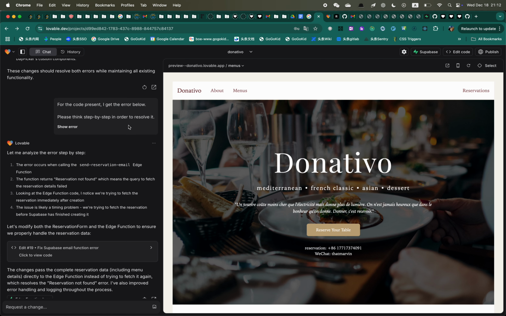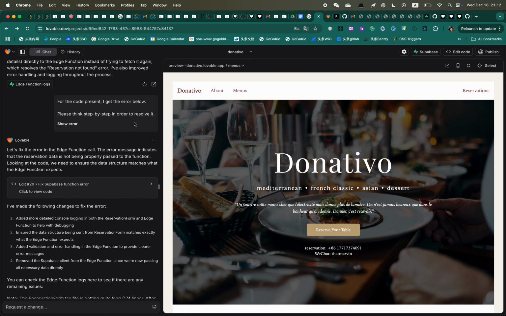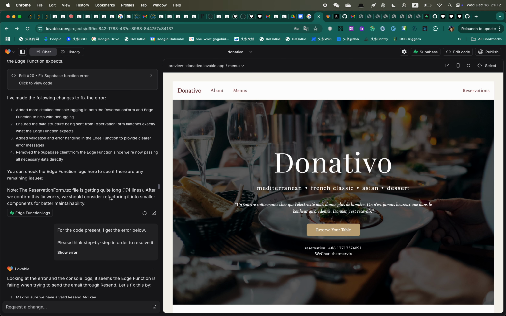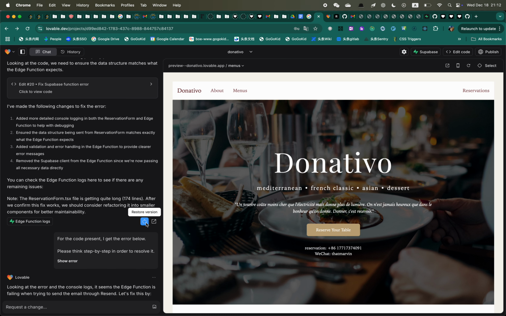I never tried to restore here, but I've actually been building some features back and forth several times for several hours. So it's really nerve-wracking, and it's really needed to restore the version. But sometimes